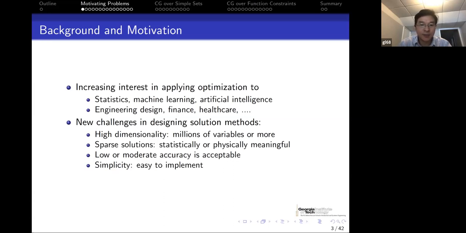So statistics, machine learning, and artificial intelligence still belong to methodological areas, and optimization has been applied for solving many real-world problems. For example, in engineering design, when we were students 10 or 15 years ago, we were excited about robust optimization applied to truss topology design and structure design. Optimization also always plays a significant role in finance, in portfolio optimization and asset allocation, and recently